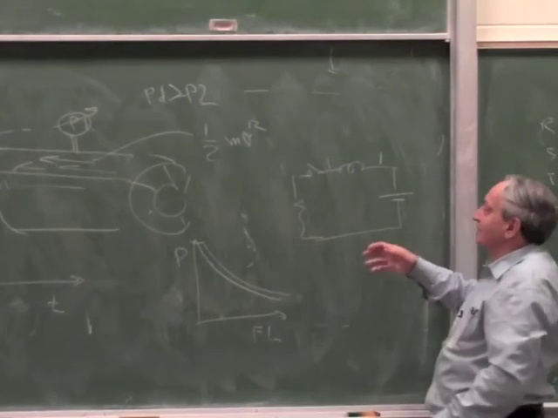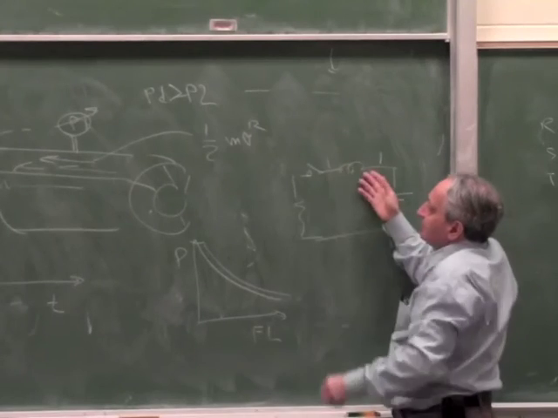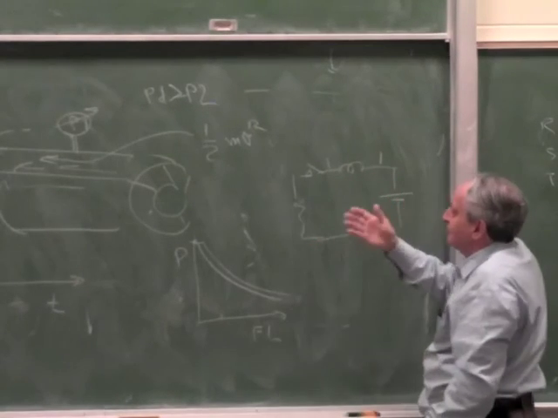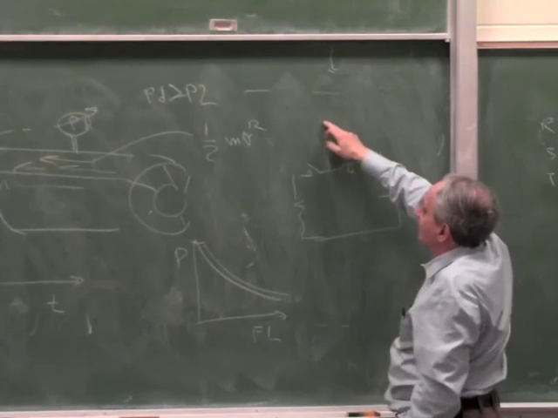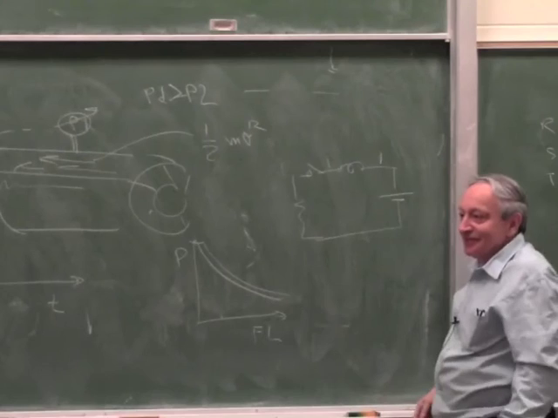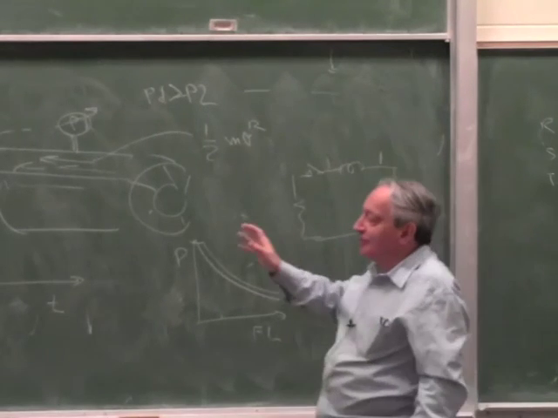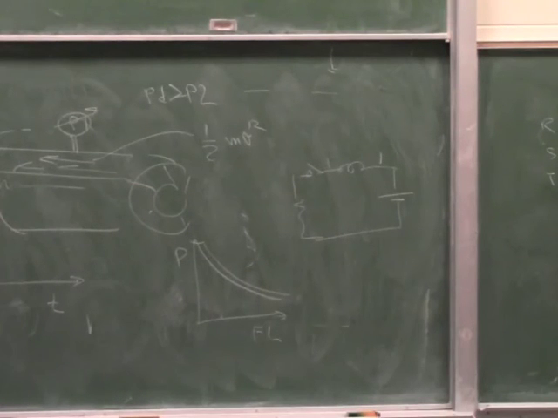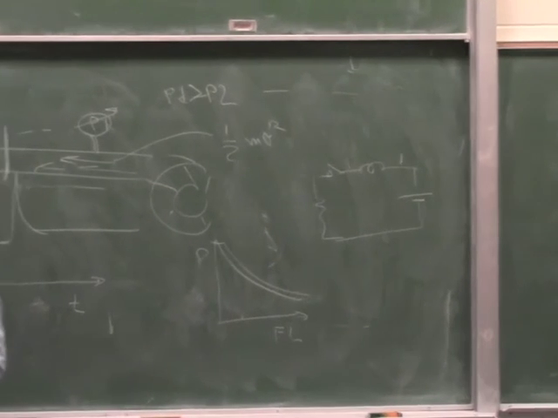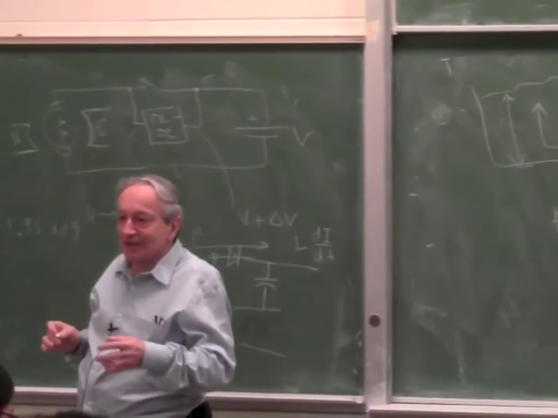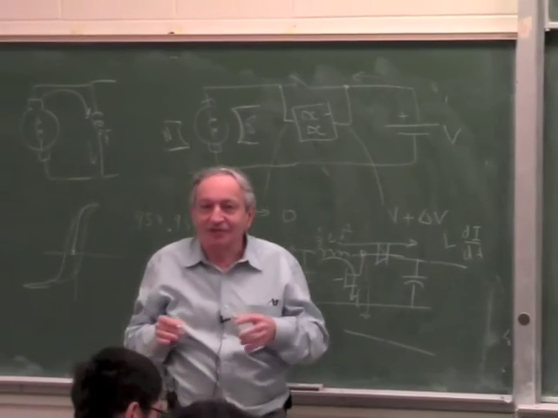In this case, the energy is stored here, Li squared. Here it's stored mv squared. So if voltage is pressure, the voltage here will have to jump up when you open the switch and so on. So you can see, all these concepts of back EMF, voltage spikes, energy has to dissipate. If you understand them in one servo system like electromechanical, it only takes you a few minutes to apply it to